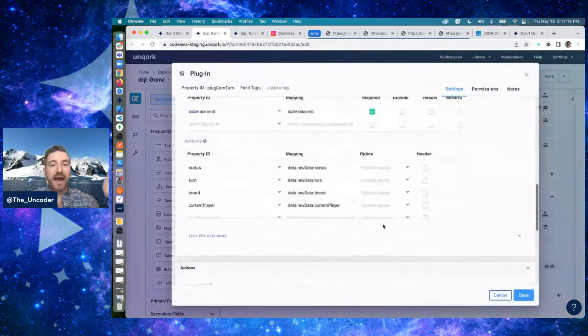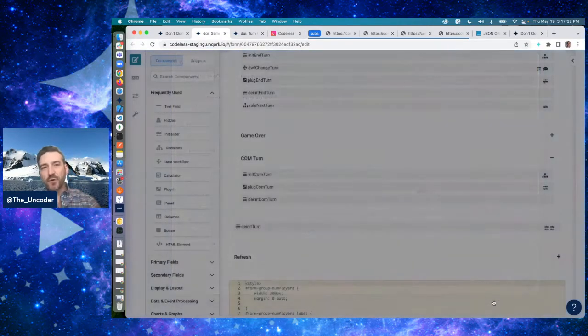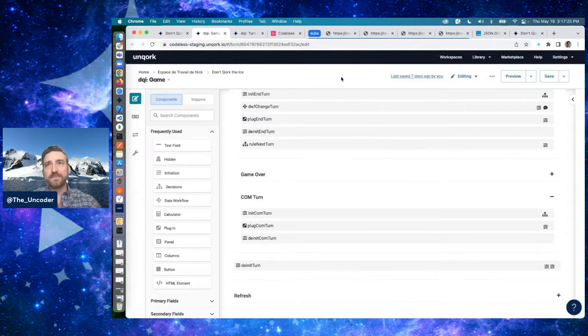Plug com turn. I can come in here. I can disable it, which means when my turn's over, this won't trigger the computer taking a turn. And of course, I did that from time to time throughout development. But that's not always ideal, right? Because in order for me to test that, I need to break the front end,